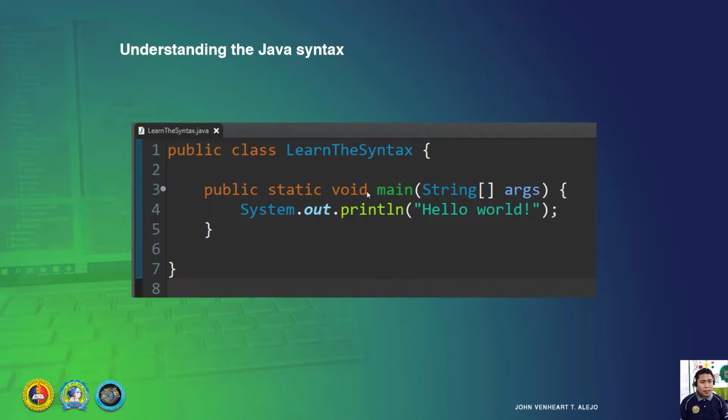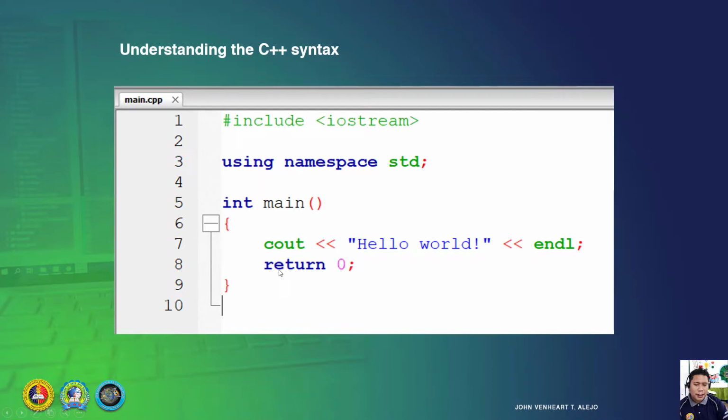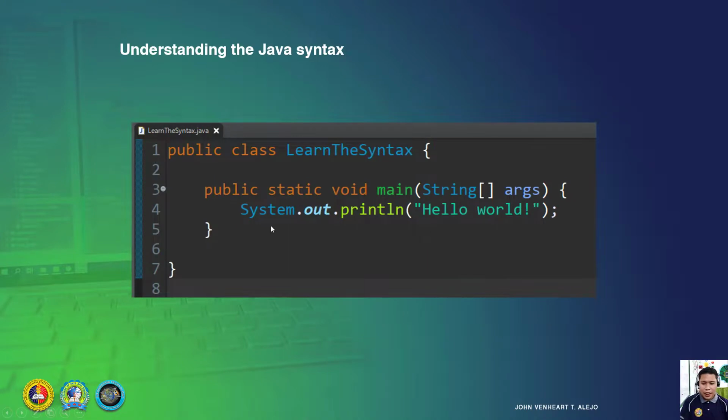That is why, as you can see on your Java, there is no return. 'Di ba? Walay return. Anong walay return si Java, sir? Si C++ na i-return. Return 0. Remember that return 0 it because integer ang data type. Right here, wala lagi siya return, sir. It is because it is void. Walay value. So no need to return.